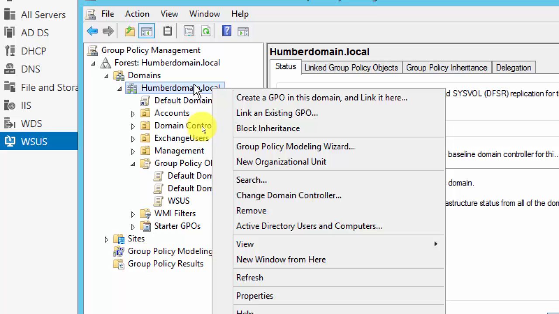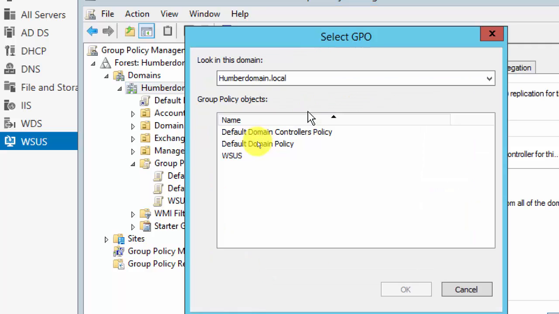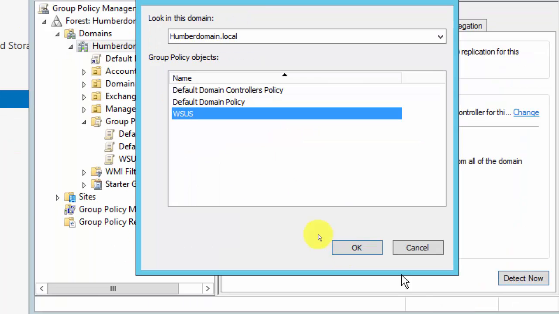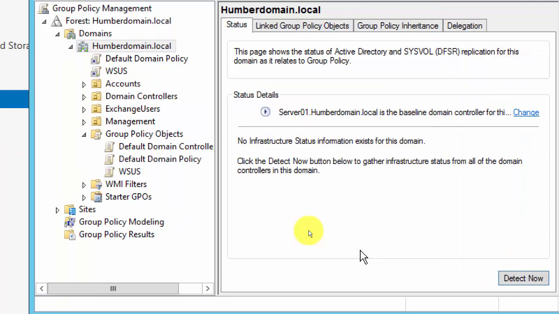Right click the Humber domain.local, exactly, and link an existing GPO. So this is the end of this very important lab. Oh, okay, we're finishing this lab now, because, okay, no, we're not finishing. Yeah, so link an existing GPO, WSUS, press OK. Now it should be domain wide. It should be affecting domain wide, but